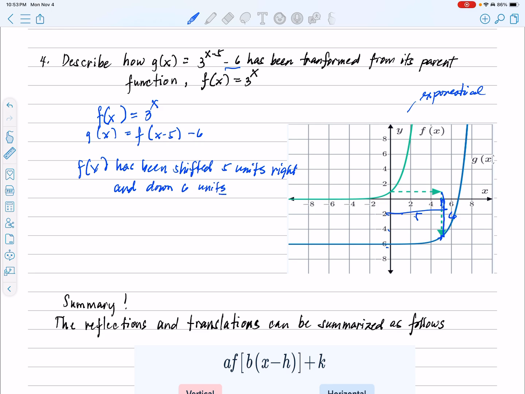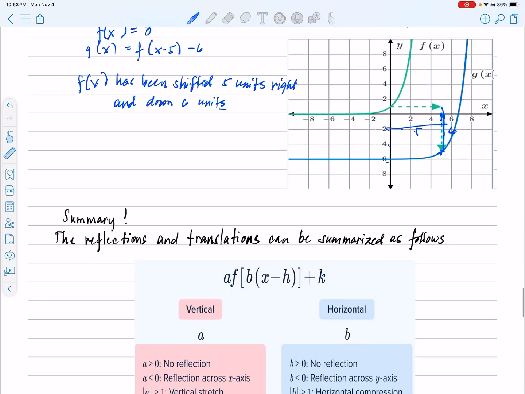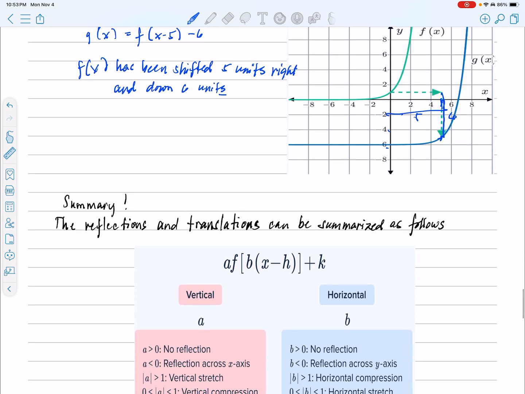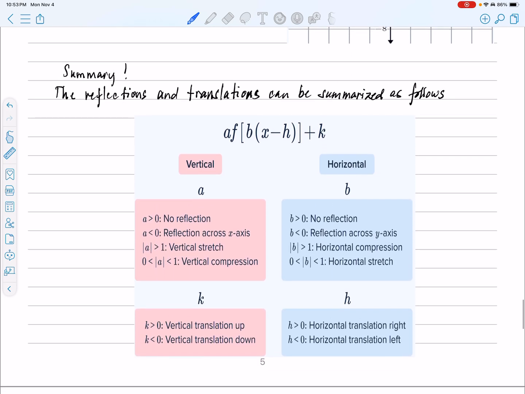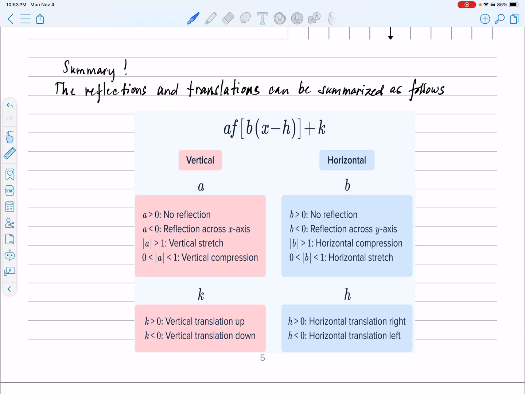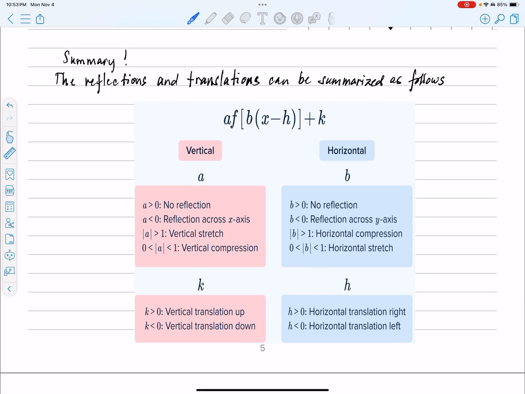Okay, that's it. We'll have more on this in the problems and solutions. So reflections and translations, we summarize as follows, using this as our